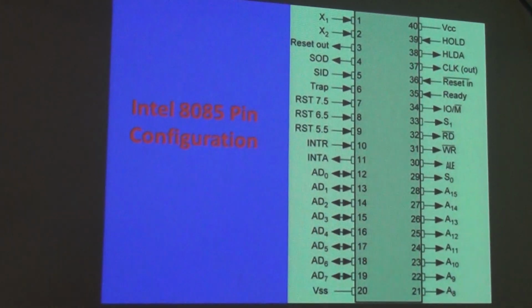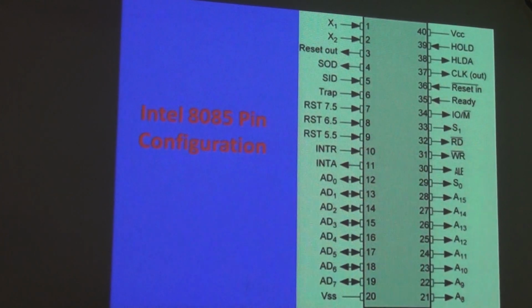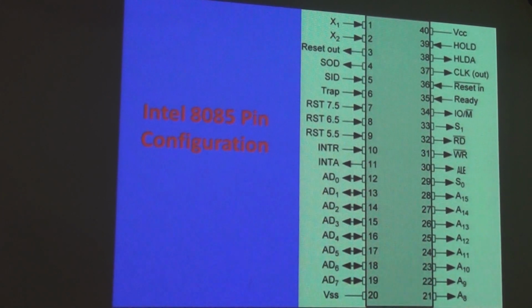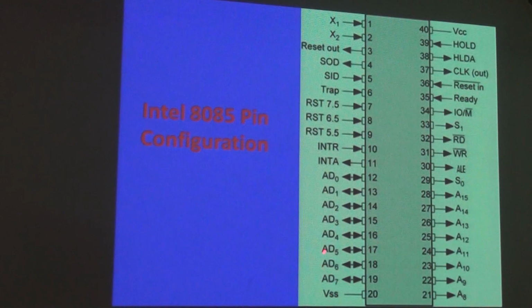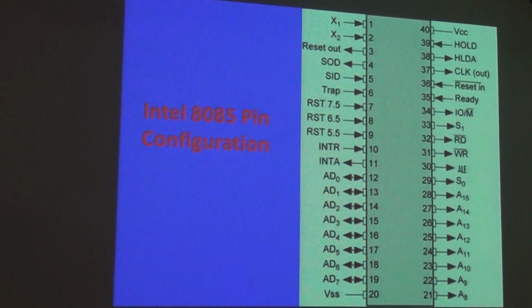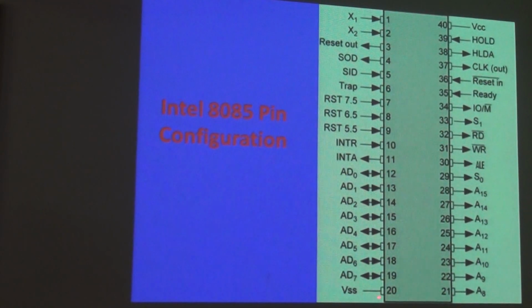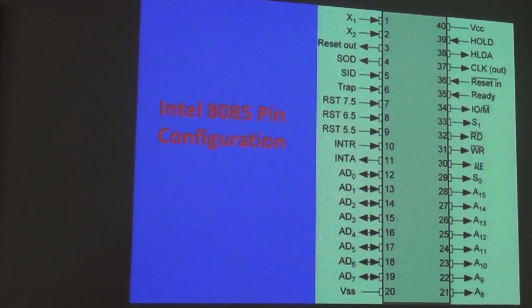Now the time has come for the pin configuration. You can see, whatever I have discussed, a total of 40 pins are there. Total 40 pins. Twenty pins are on this side, and the remaining 20 pins are available on this side. Clear? Among them, VCC and VSS, available at pin number 40 and pin number 20, are basically the power supply inputs.